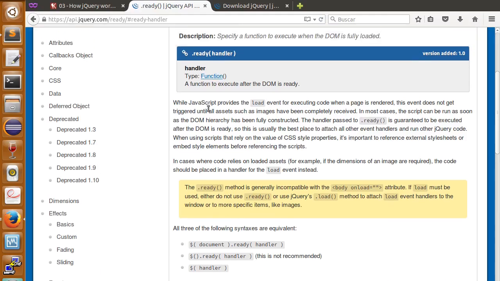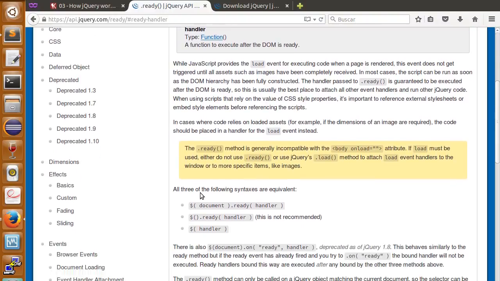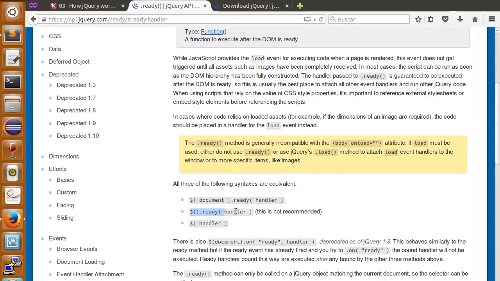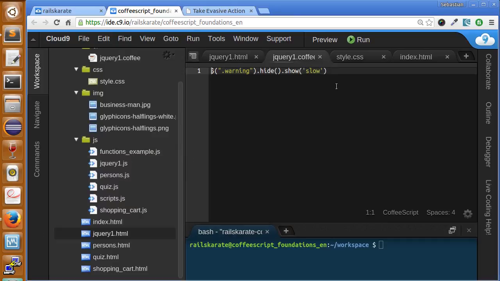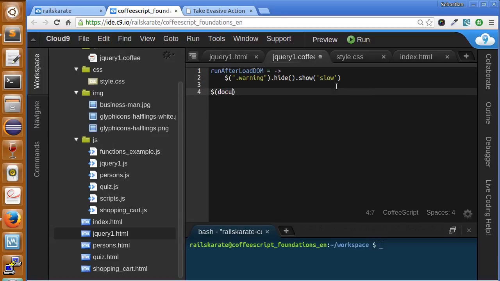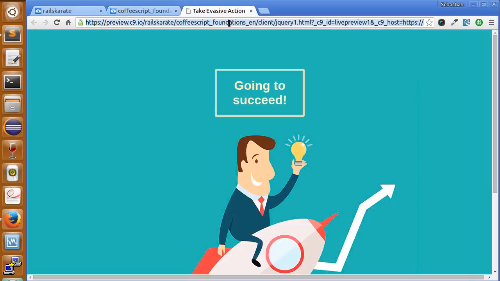It receives a handler of type function. Let me see the different ways we can use it. As you can see here, well, this is not recommended. We can use this in this way or in this way. Let's see the first one. For example, I can create a function here, run after done, and this is equal to a function here, and I can say here document ready and pass the name of the function. I don't need to add the parentheses because I just need the handler, the name of the function, in this case only. So let's run this, and